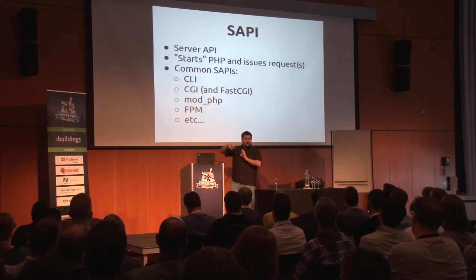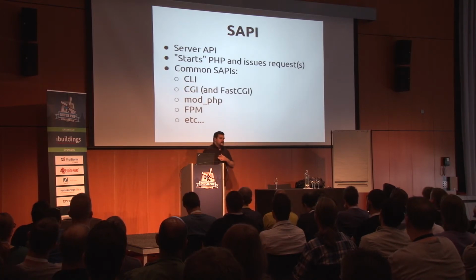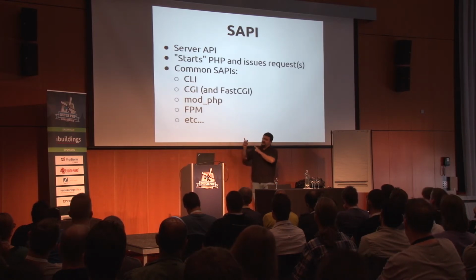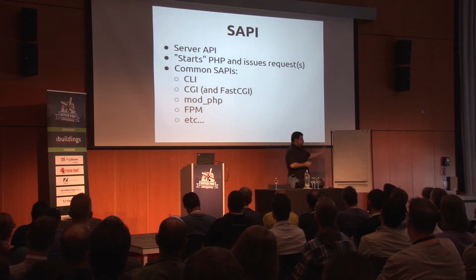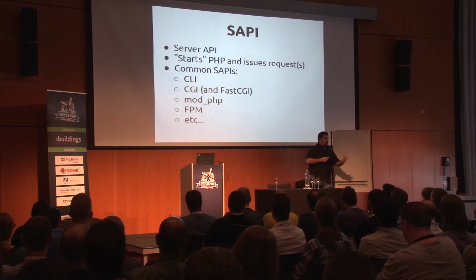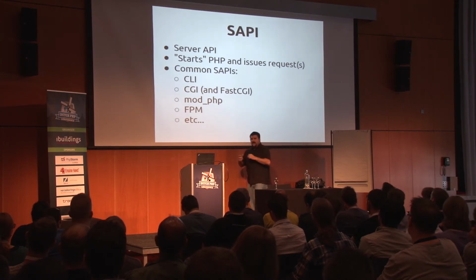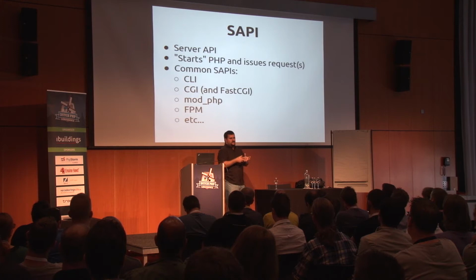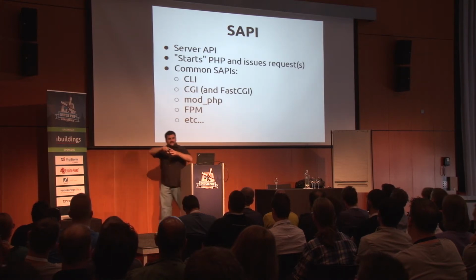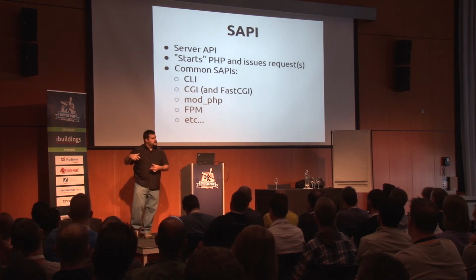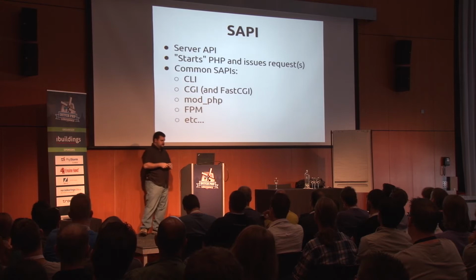PHP is a runtime. All it knows how to do is execute code. But it doesn't know what to execute or what request is coming in. So what it needs is this layer, the SAPI layer, to talk to the web server or the command line, or wherever the request is coming from, and translate it into something PHP's engine understands. So really, you can think of the SAPI as this outer layer, and it's pluggable. There are different ways we can start the engine and get the request into the engine.